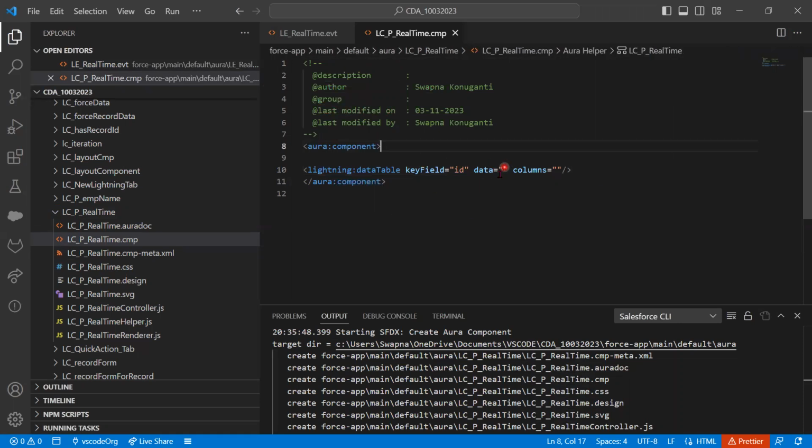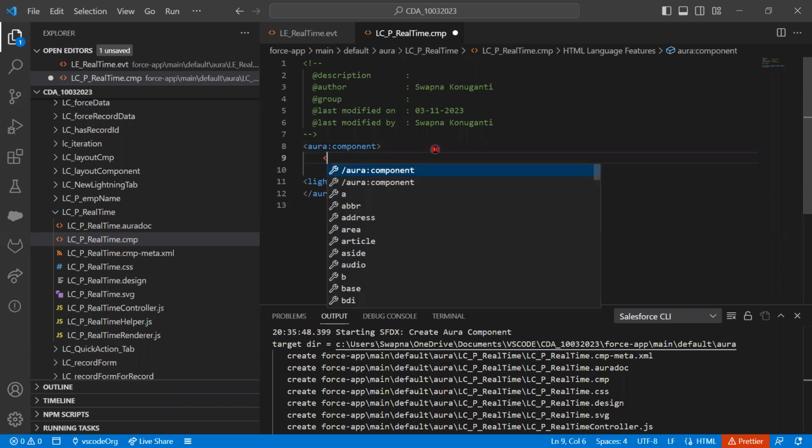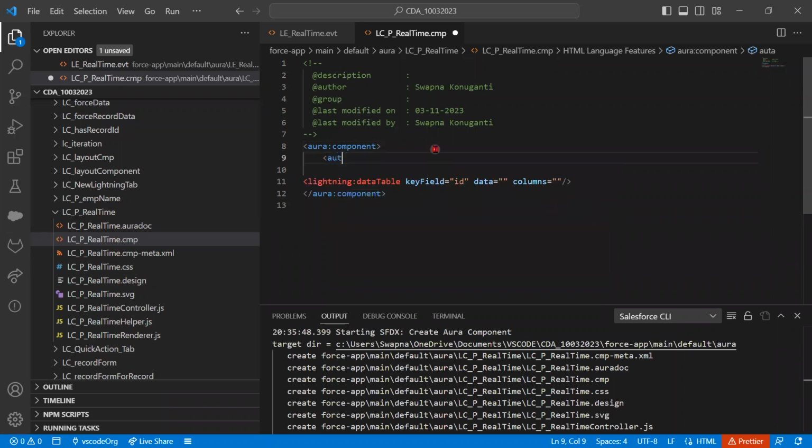Now, in order to store, I need an attribute to hold the data. So I'll create one attribute, aura colon attribute, name equal to, we are using the accounts. So let's take the accounts, type equal to account, type equal to,